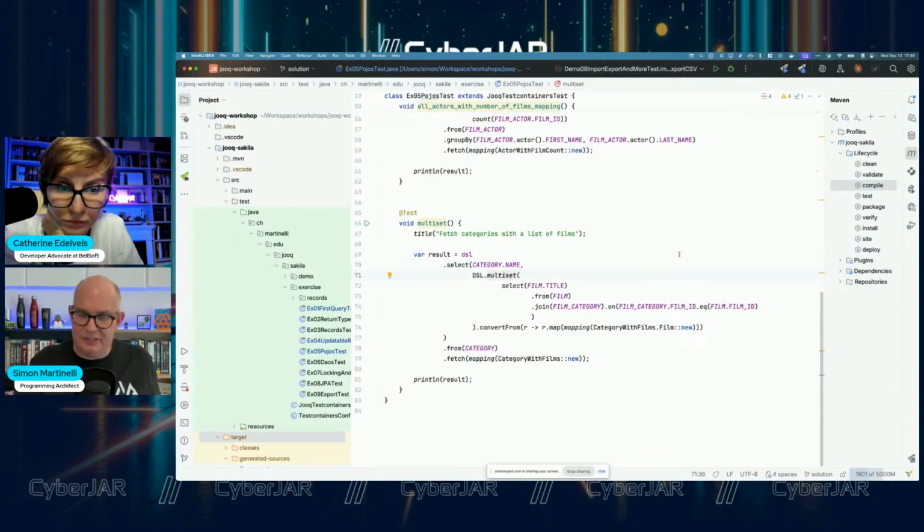And then JOOQ has a multiset method. By the way, the DSL class has a lot of functions that you can use together with JOOQ, like the count, sum or average aggregation functions and other things. And we have the multiset. And with the multiset, I can say, okay,